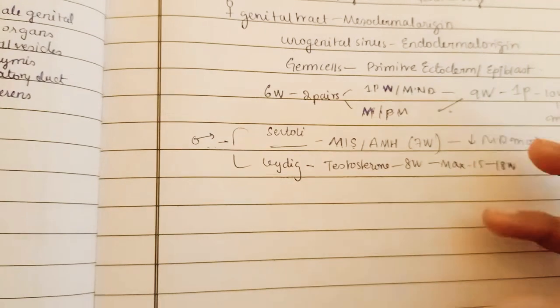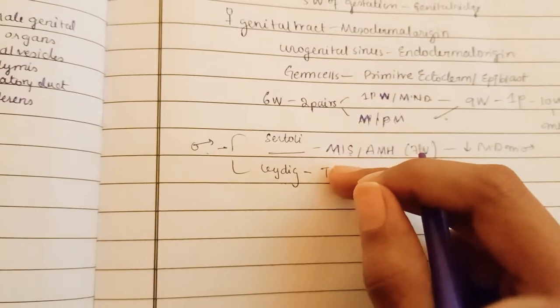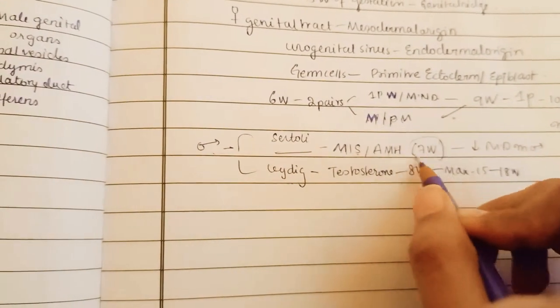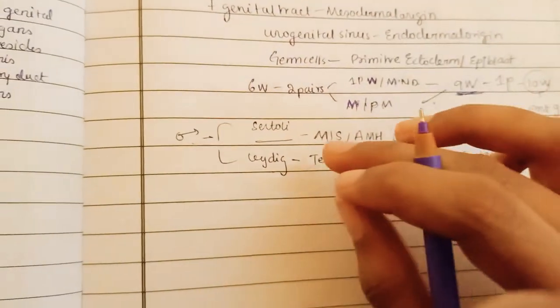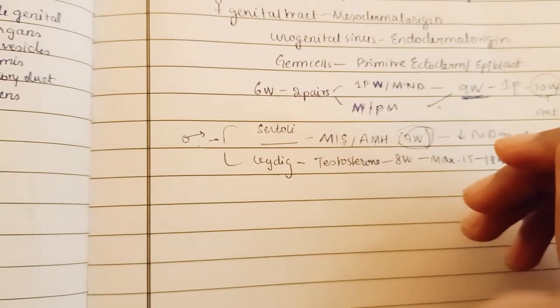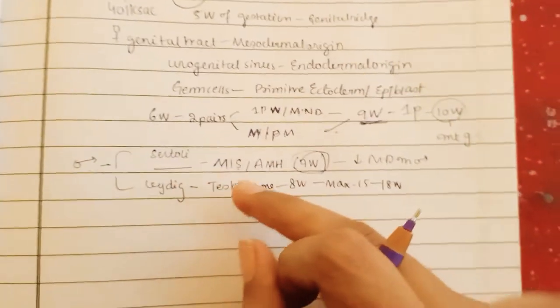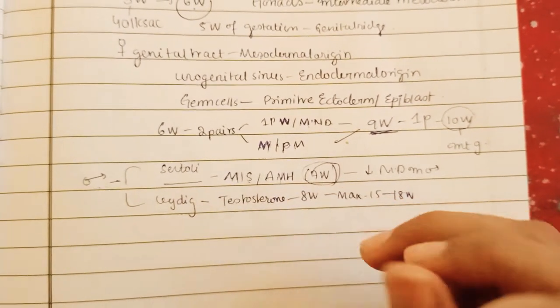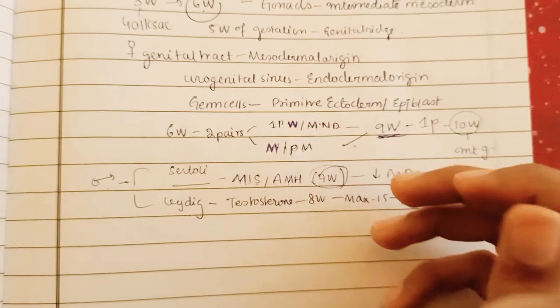Okay, that's what it should decrease, right? Because Mullerian ducts should be present in female, and should not be present in male. So that's why in the 7 weeks this process will start. By the time of 9 to 10 weeks, the Mullerian duct will be absent in male, and in female only there is Mullerian duct. Okay, so MIS will lead to regression of Mullerian ducts in male and